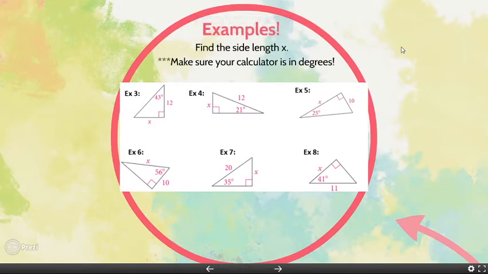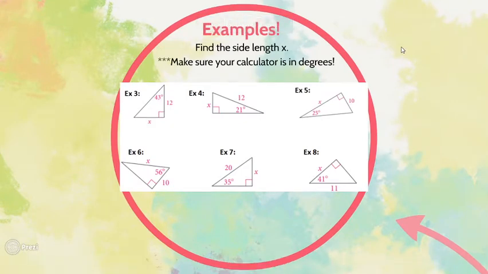Hello. Now what we're going to be doing is applying what I taught you about the ratios of the trigonometric functions, so sine, cosine, and tangent. I'm going to show you how you can use these ratios to solve for a missing side on your right triangle. So remember, another technique you can use to solve for the sides of a right triangle is to use